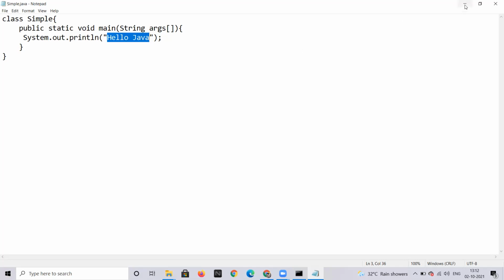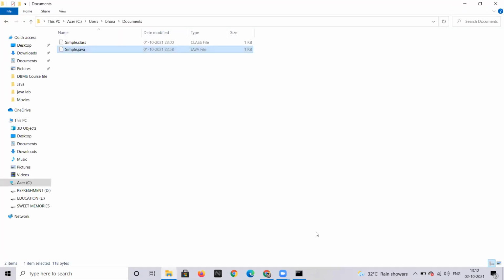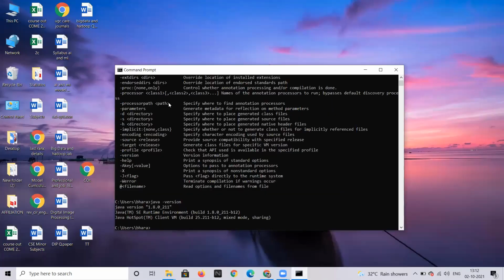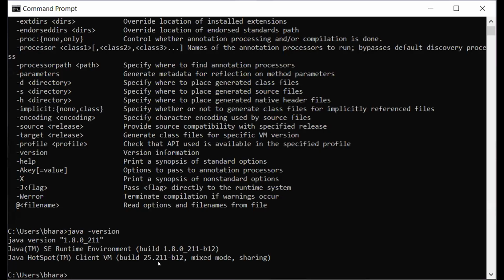How to execute the program? We have already opened the command prompt, so please open the command prompt. First we will change the directory to where the program is available.